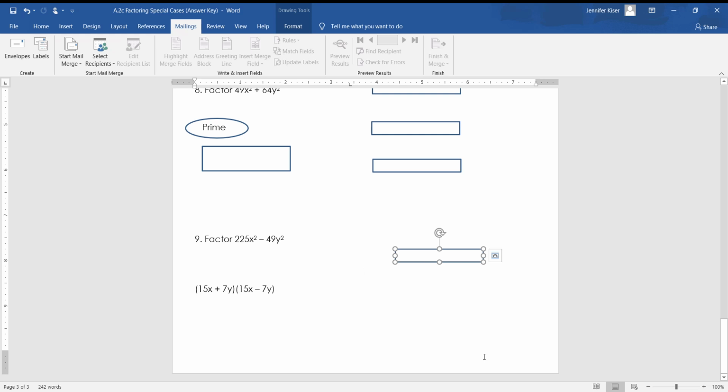Okay, so that's the last one there. There is a Google Doc that you're going to work on today that's more practice of this here. So just make sure that you're checking first for a GCF to factor out. Just because both your terms are perfect squares doesn't mean you can just skip straight to the next part. I would always check for a GCF first,